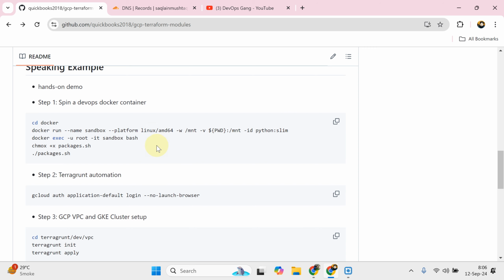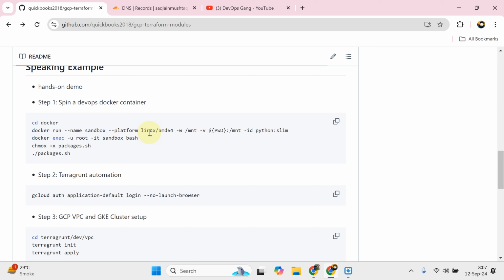I'm going to run this particular command, and this is going to be the name of the container. I already have a name with sandbox, so I'm going to call this demo. And the platform is going to be linux/amd64. Why have I written that? For instance, if you're using Mac, those operating systems use ARM, right? But the packages we're going to install are going to be for AMD,